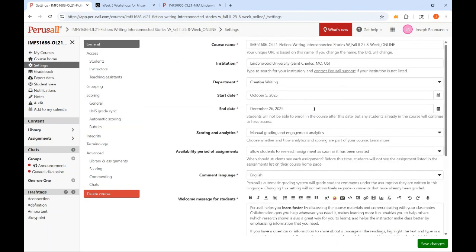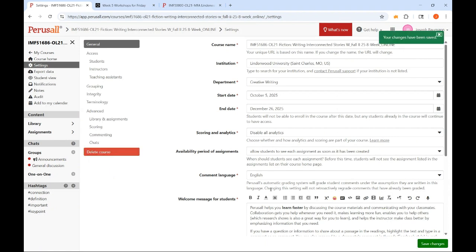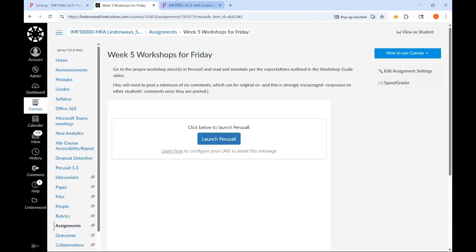I'm going to go back into my settings and turn off all those pesky analytics and save those changes, and we're back to where we started. But if you want to experiment with having it do grading either quote unquote for you or sharing your grades, you can do that. Now, the other thing that I will show you is how to set up assignments in